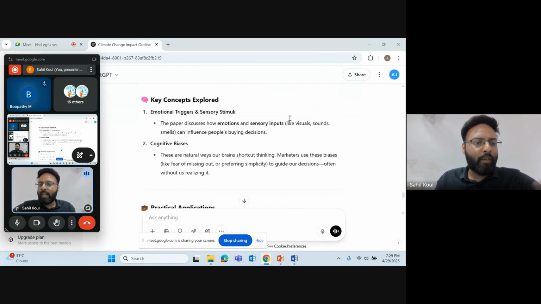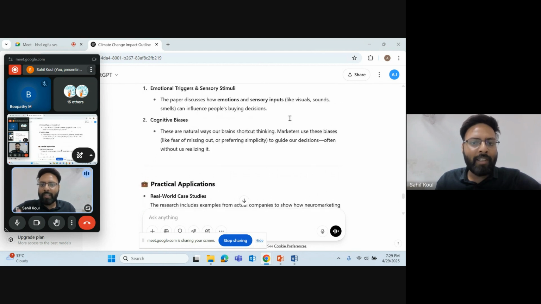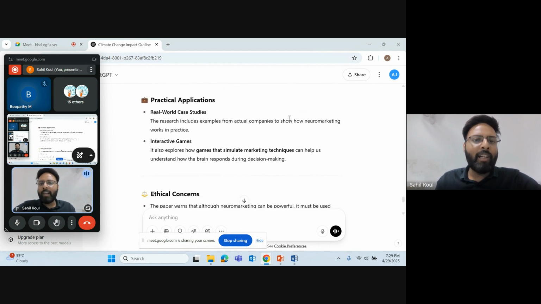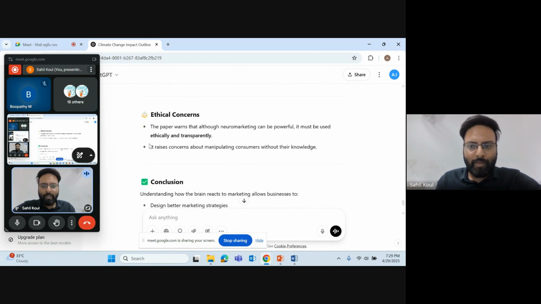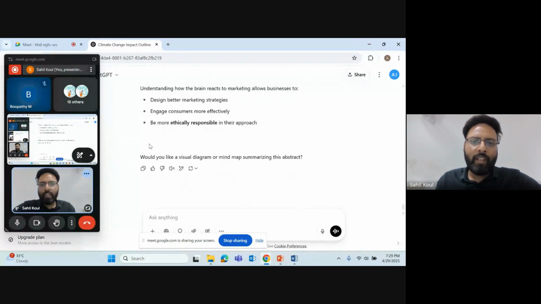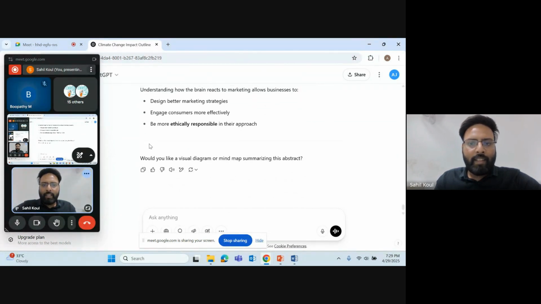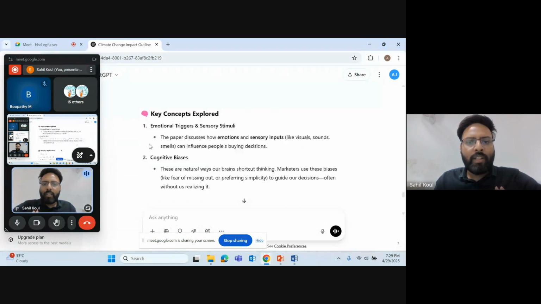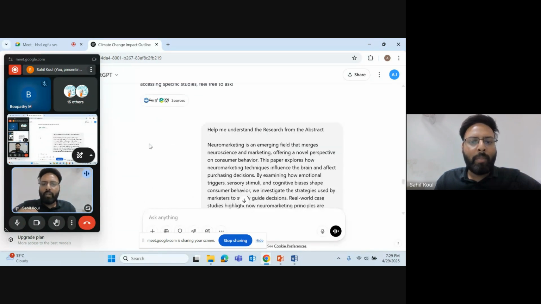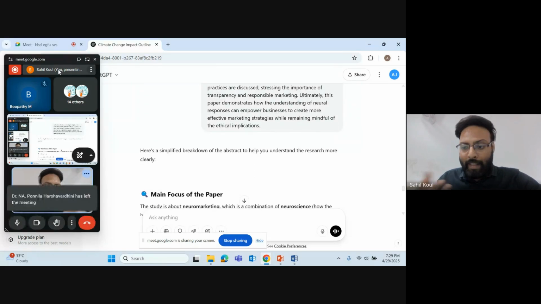Key concepts that would be explored would be emotional triggers, cognitive biases. Practical implementations would be there, that there would be real world case studies, interactive games in the paper, and the ethical concerns, right? Correct?